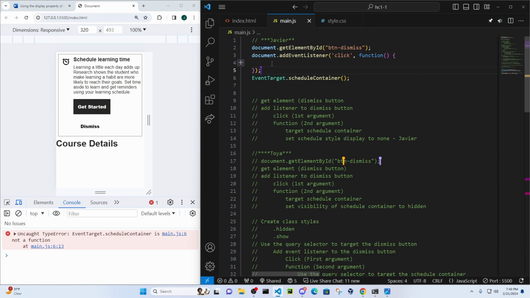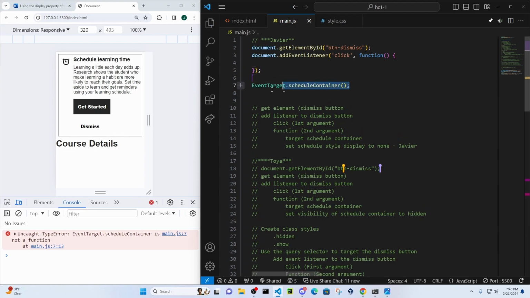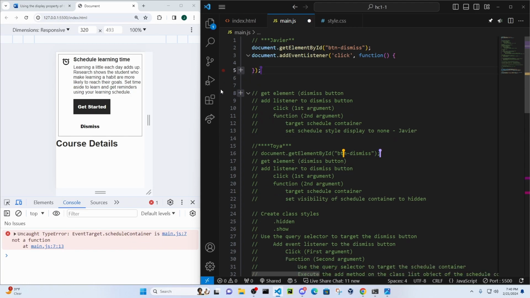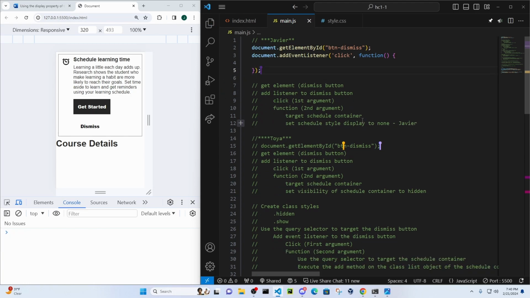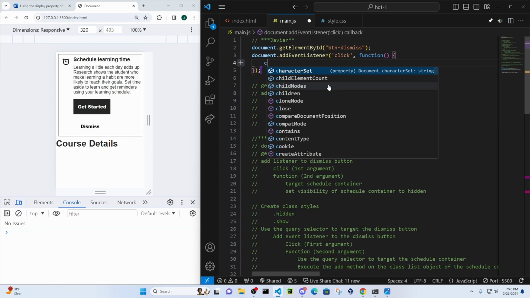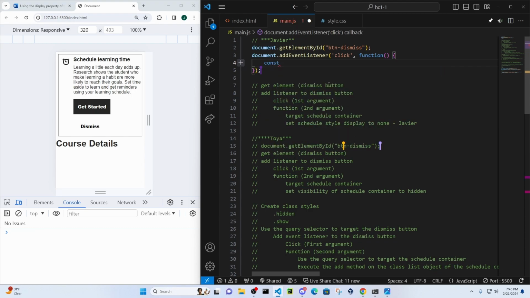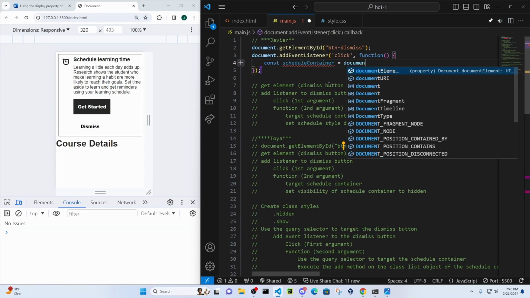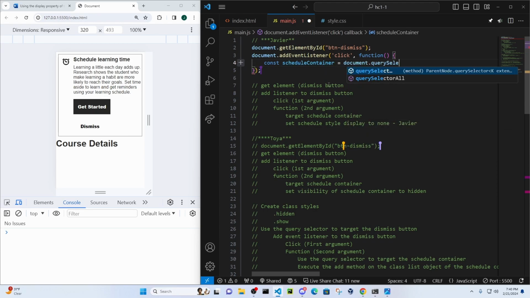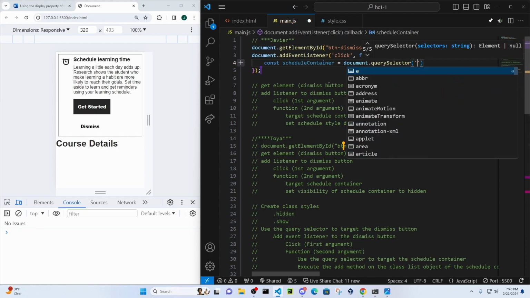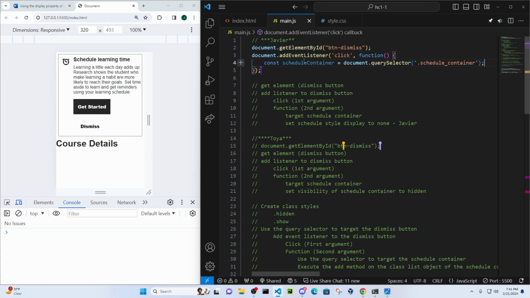So we're actually not going to need that. But yours is target schedule container and then set schedule style display to none. So let's go ahead and create the schedule container. We're going to do that by doing document.querySelector schedule container. So this is actually going to give us access to the schedule container, the one we're trying to